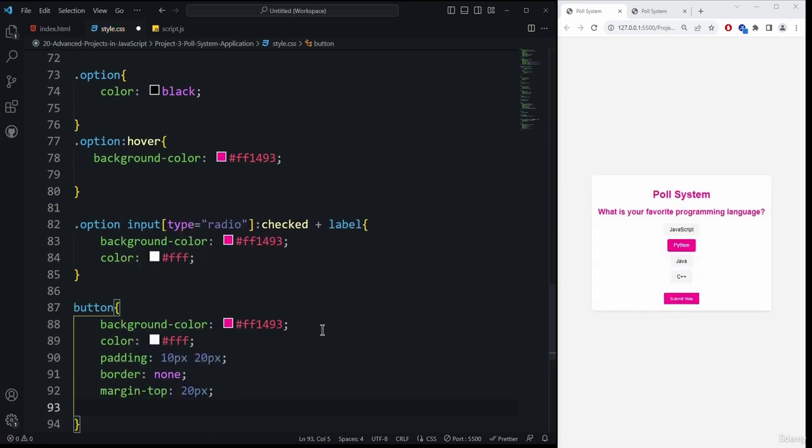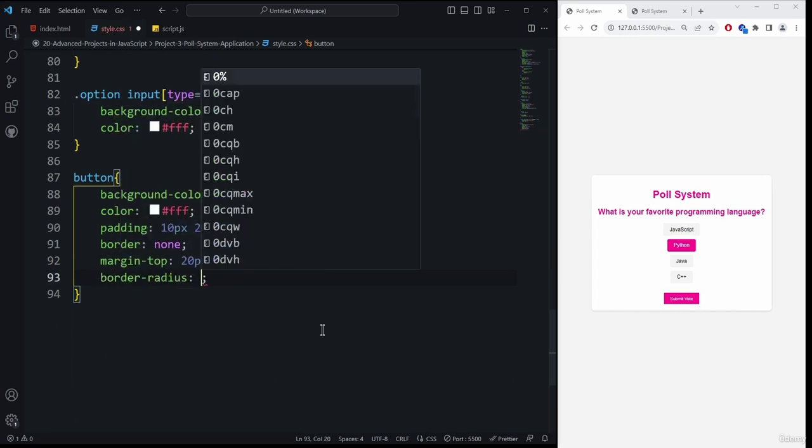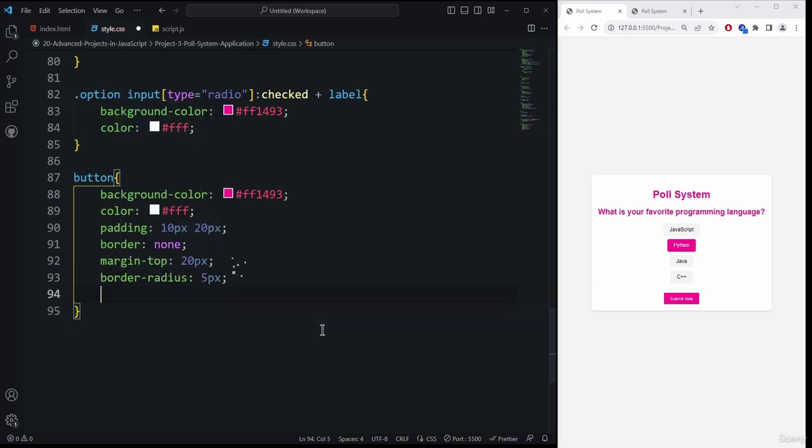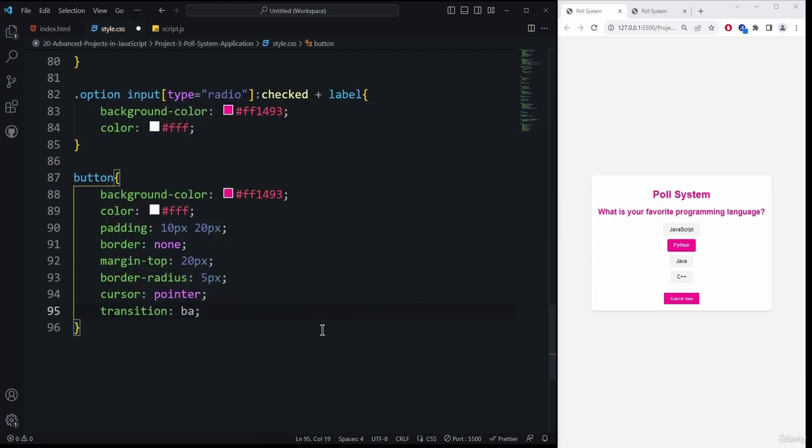Now you can see that the margin is applied, and then we need to apply the border radius property, which is going to be 5 pixels. After that there is a cursor property that I want to change, which is pointer. Then we need to apply a nice transition. So transition, we want to apply it with the background